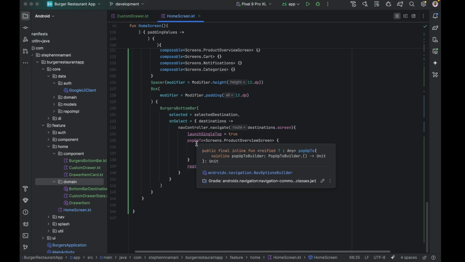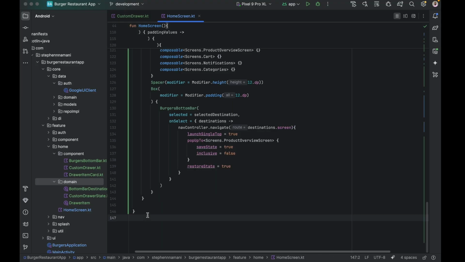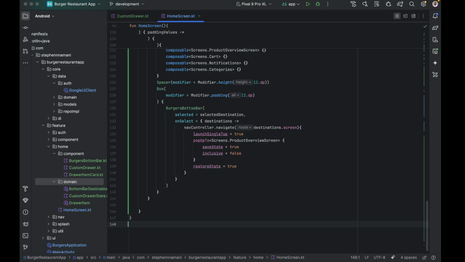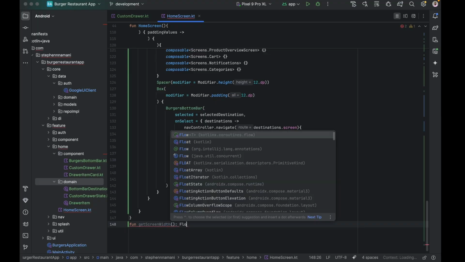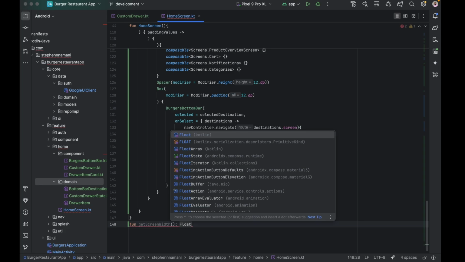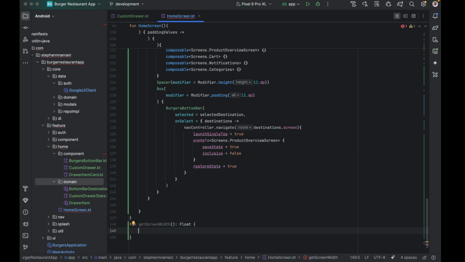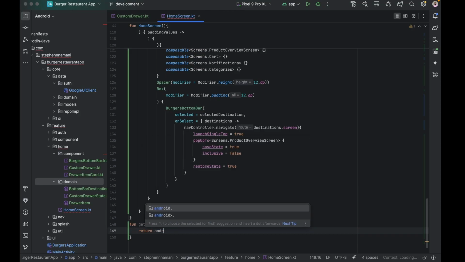So under here, I will create a helper function that I will call getScreenWidth, and it's going to return a float because we're going to use a float to mark how many percent we want it to. So return,